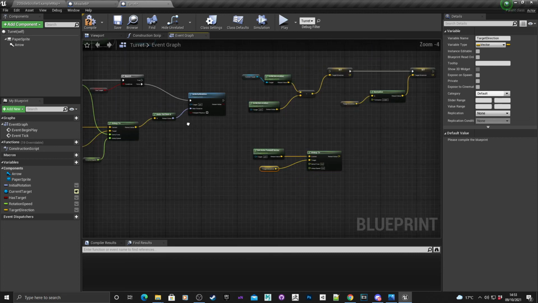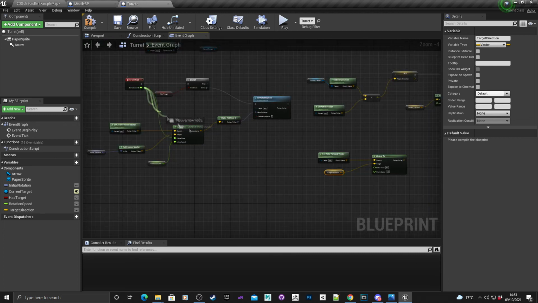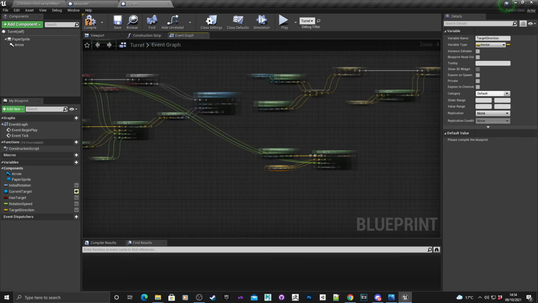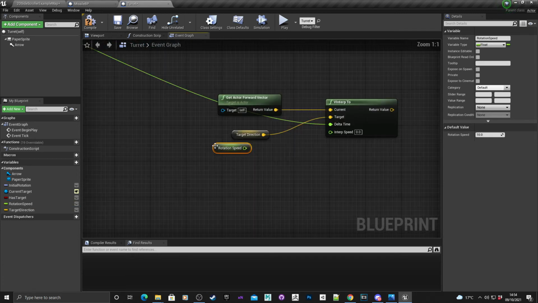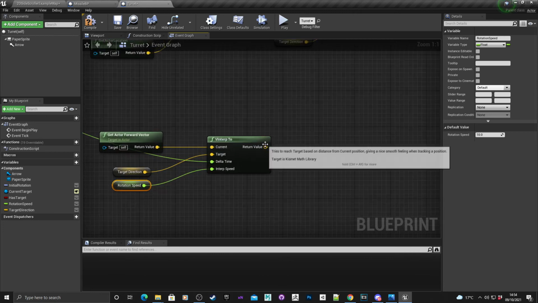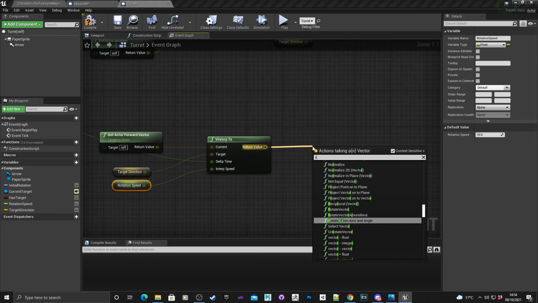And again, we want delta time, so we can drag off this into delta time, and we've already got a variable for rotation speed. Put that into interpolate speed, and then what we want from this is rotation